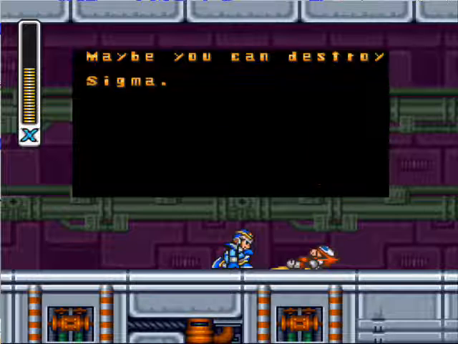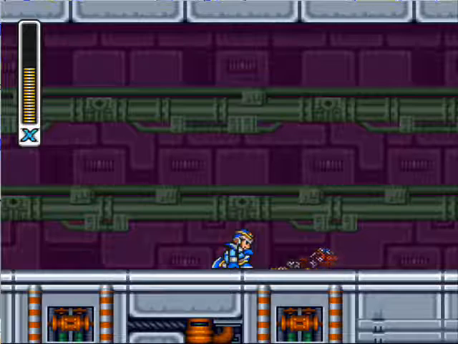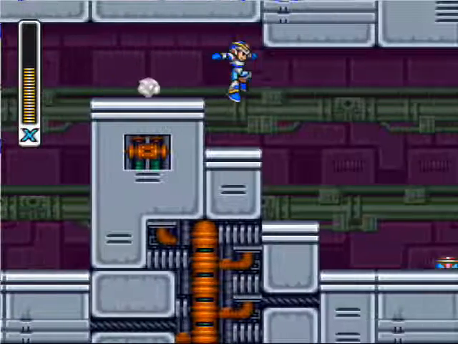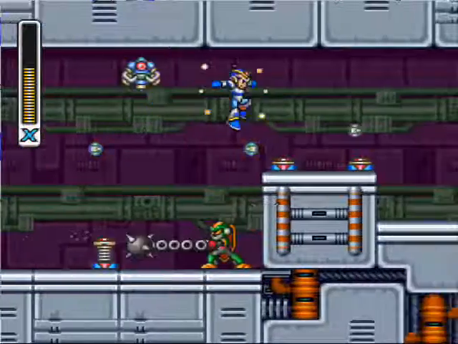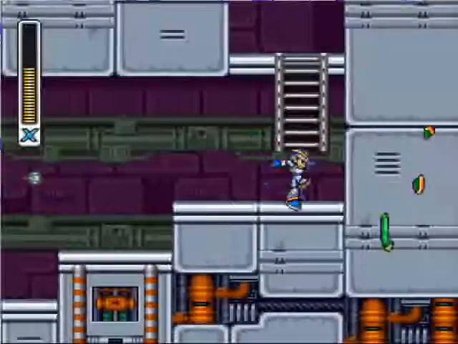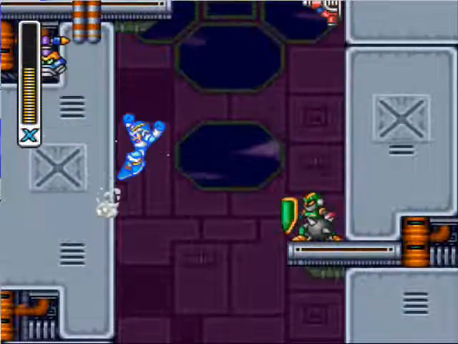He knows it's going to be us against the world. We have to take down Sigma completely on our own. And Zero vanishes to be one with the Force or something. I don't friggin' know. But he's dead. Well, I shouldn't say that, because if you're familiar with Mega Man at all, you know that Zero always comes back from the dead. Like 6 times in this series, so...